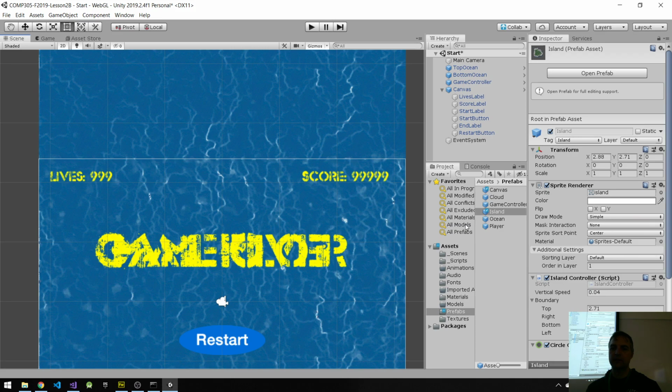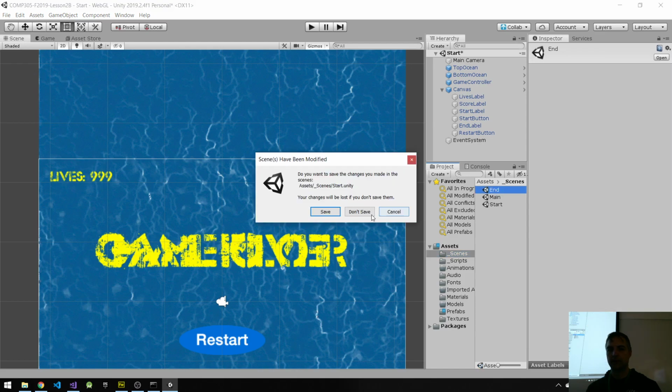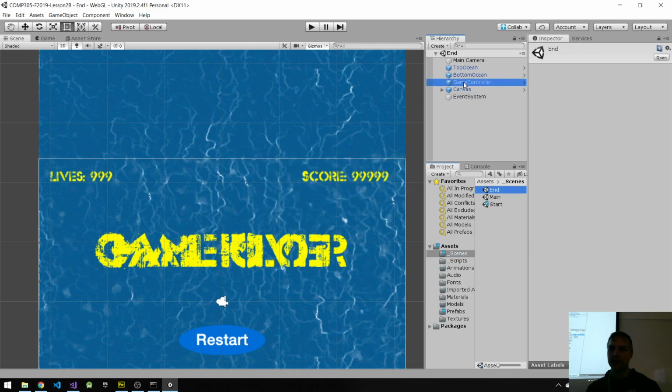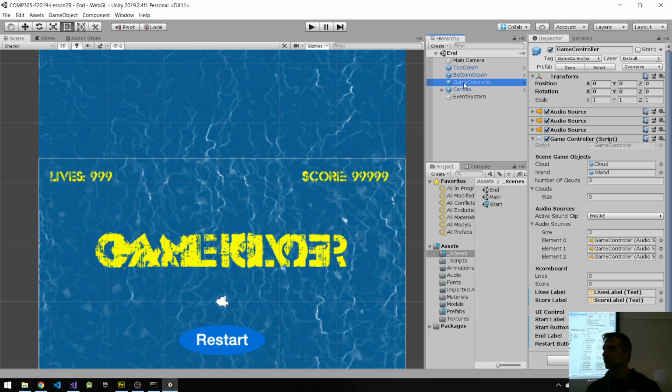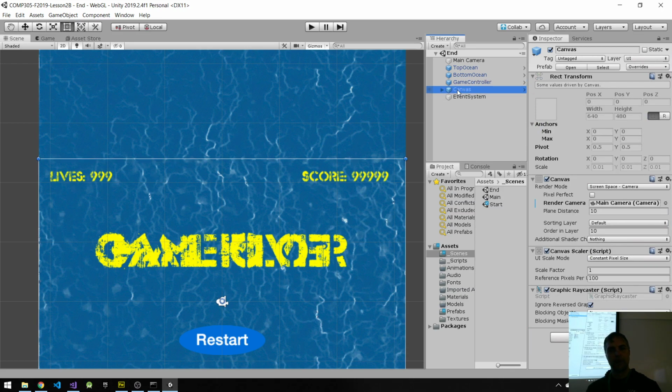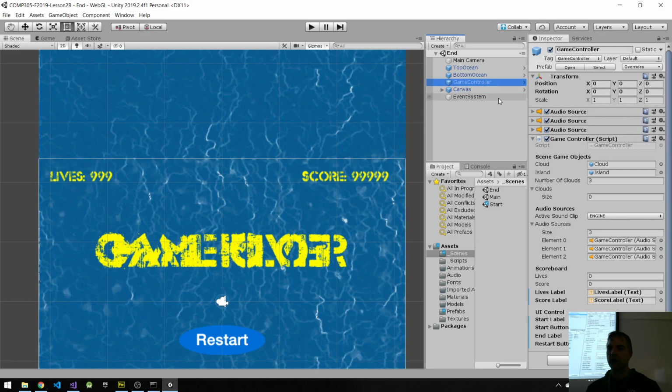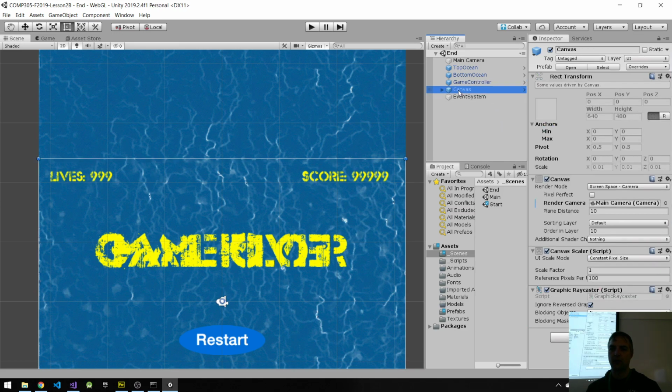So let me do this in terms of don't destroy unload. I want to go back to my scenes, and I'm going to go back to my end scene. So save this one. In my end scene, I also have a game controller, and I also have a canvas. So what I want to do, and this is where we have to start thinking about scripting a little bit differently, is make sure that all the overrides that I've done in my start scene